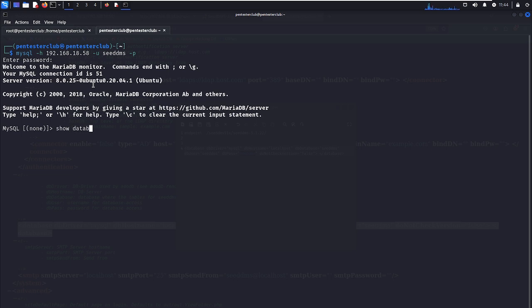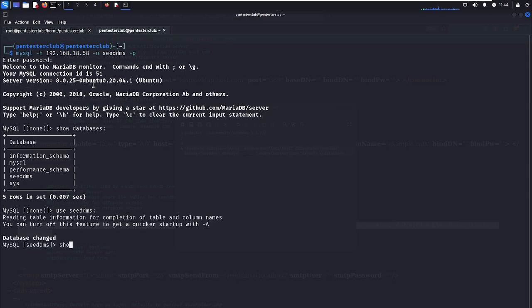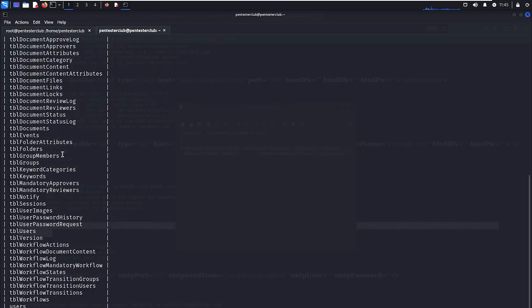Now just type here show databases. Now just type select * from. So we just type here use SEEDDMS. We just type here show tables. So we have a lot of tables, so we just need to utilize here one is tables along with